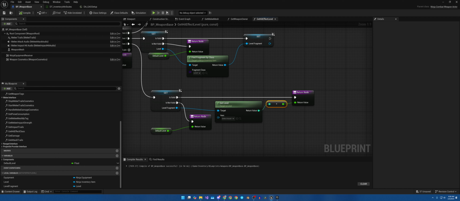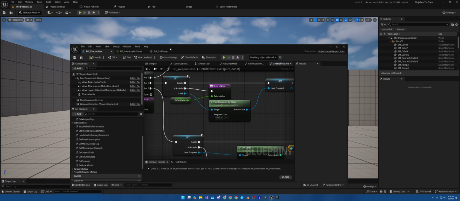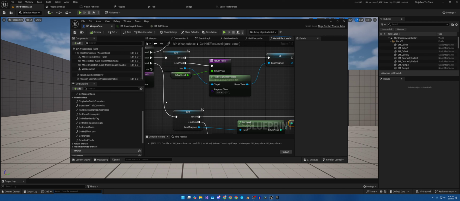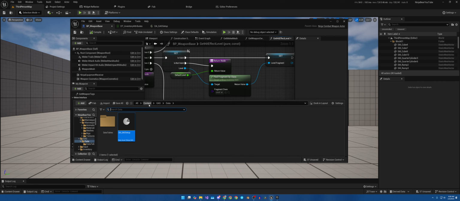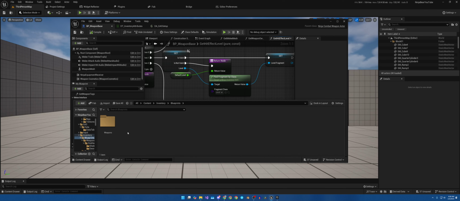The next thing we need to do is create an actor component. This actor component is replacing the component that he made to help communicate the weapon with the equipment, with the inventory plugin. So let's go ahead and go into our content drawer, go back to content, and I don't have one, but we're going to do this in inventory, blueprints, new folder, components,